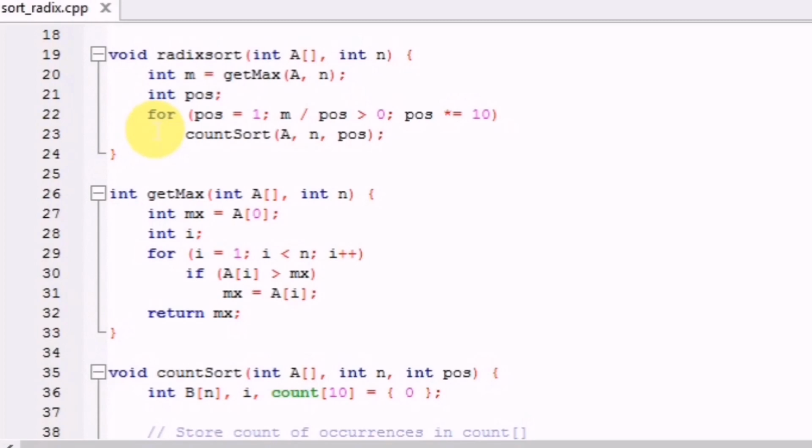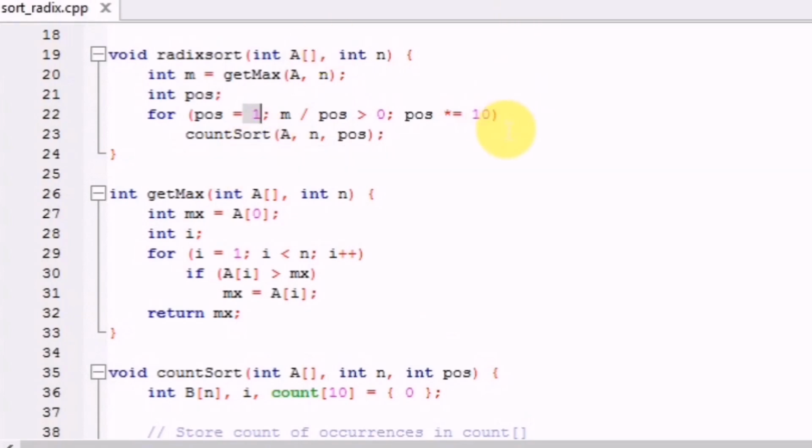Okay, so the value of pos equals 1 will be called for the unit place. That means in the value 740, the first loop, that is the first count_sort function, will be called for the unit place 0. Then again this pos will be multiplied by 10. That means if it was 1 previously, then now it will be 10, right?